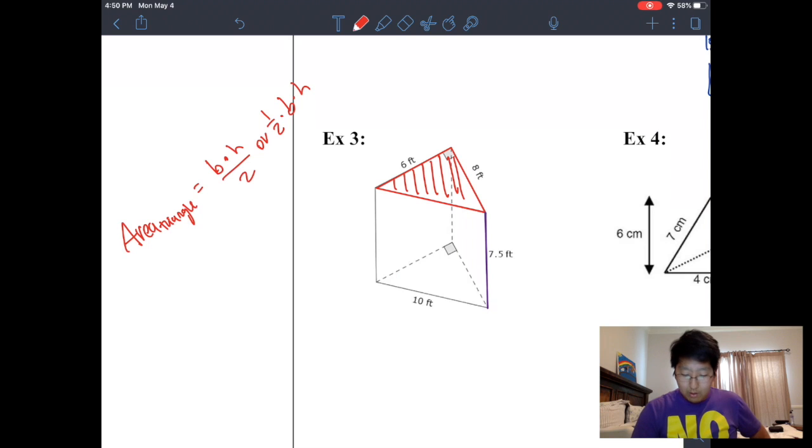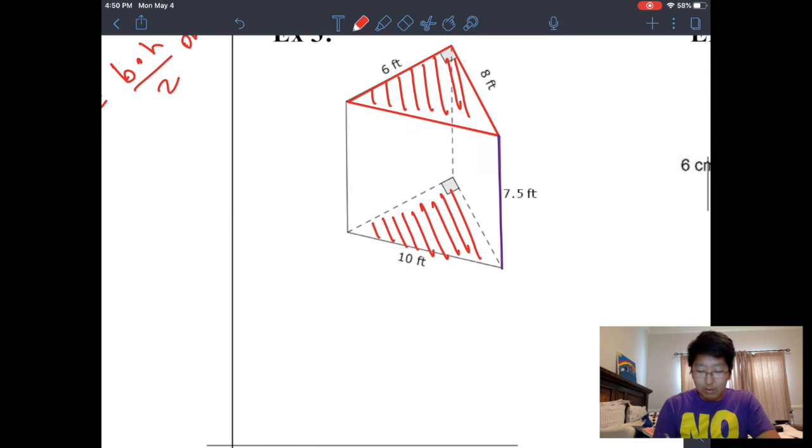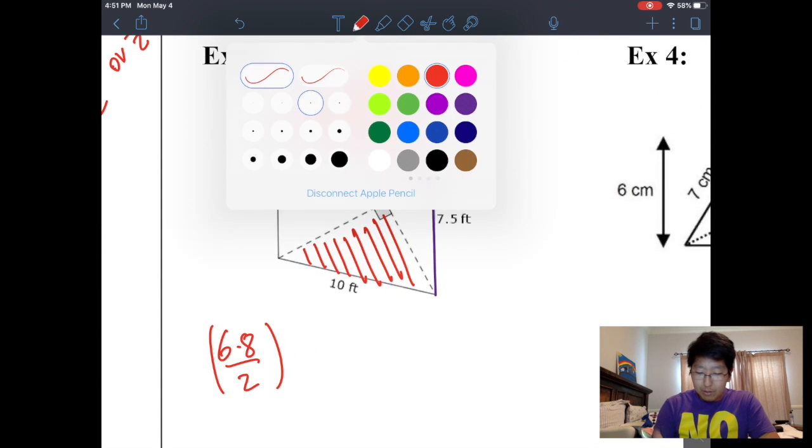So let's find the area of this triangle. Okay, so what's the height of the triangle? 8. And what's the base of the triangle? So 6 times 8 divided by 2. That's the area of the triangle. So I'm going to put that in parentheses. And I need to multiply that